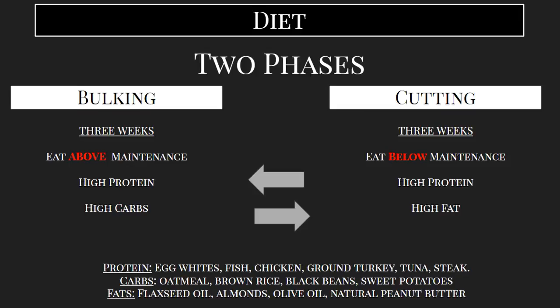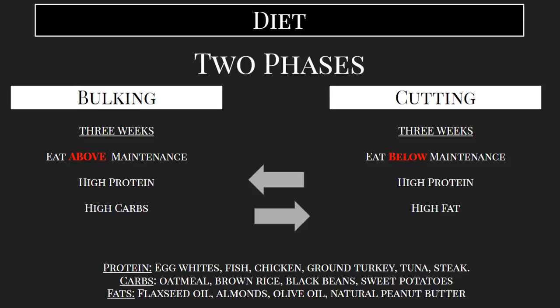And the type of foods that you take in should be high in protein and high in carbs. You're going to want to provide your muscles with protein to grow. And you're also going to want to have enough carbohydrates in your system so that you are at peak energy because you are going to be expending a lot of energy during this bulking phase. And some of the foods that fall in these categories, I've listed a few at the bottom. Obviously, there's a lot more than this, but what I personally like to do is, just before I buy something at the grocery store, take a look at the nutrition label or just run a quick Google search and it'll come up with what type of protein and carb breakdowns are in that specific type of food.